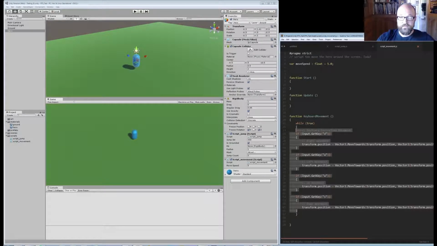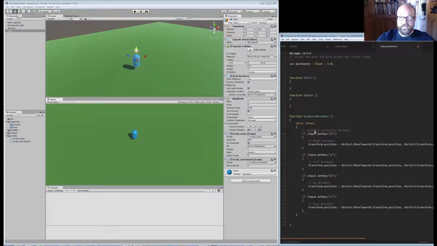While true? While what's true? What is a true? What's happening? I'm lost. While true is basically forcing the thing to always be true. It's like saying this always happens. This is always accurate and true. So it'll always be running this code. But something has to activate it. So I would still have to call upon this keyboard movement function in order to initiate this while true